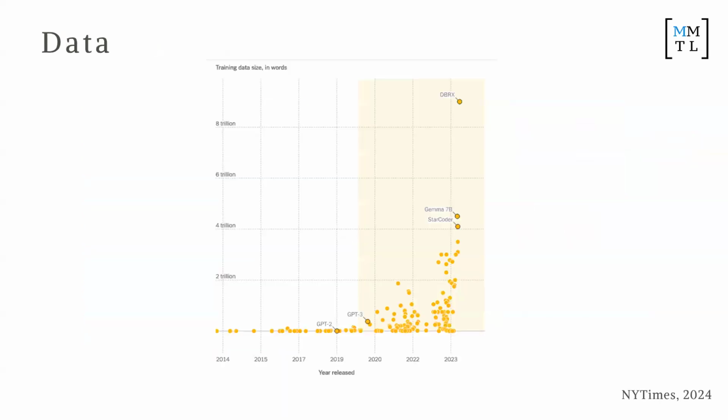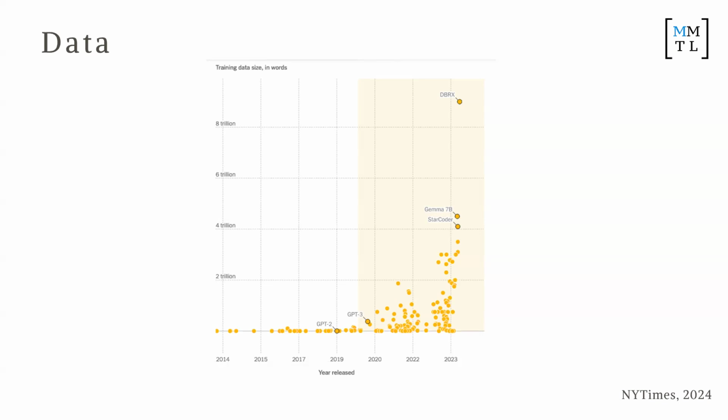All right, now a couple of other important things are happening in the background here. The first is that we are using a lot more data to train these AI systems. This is a really cool graphic I saw in the New York Times, which shows the exponential rise in how much data we're using to train some of these systems. Humans, fortunately, are creating somewhat exponential data too. We're creating more and more data as time goes on.